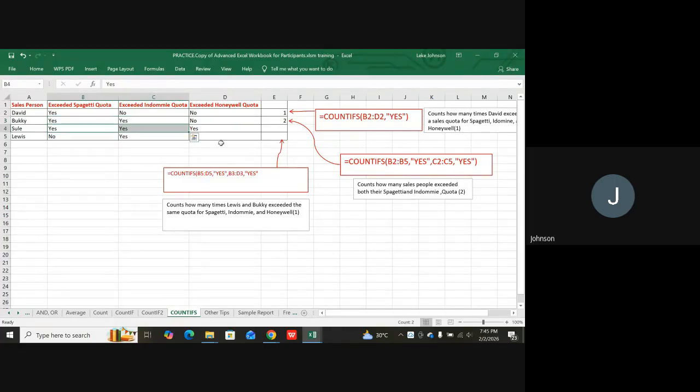So that's what we use this one for. So you need to also learn it and know what that is doing. So you say it counts how many salespeople exceeded both their spaghetti and Indomie quota. And the number of people that exceeded both of them is only 2. The last one I want to do is this one. The last one we have to also do for